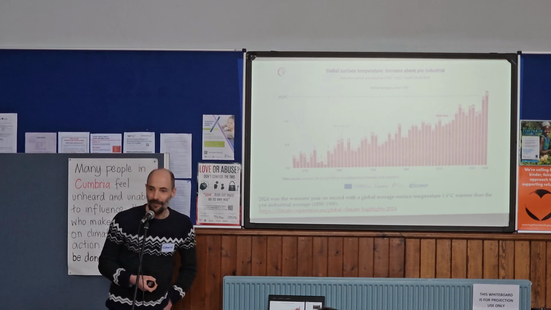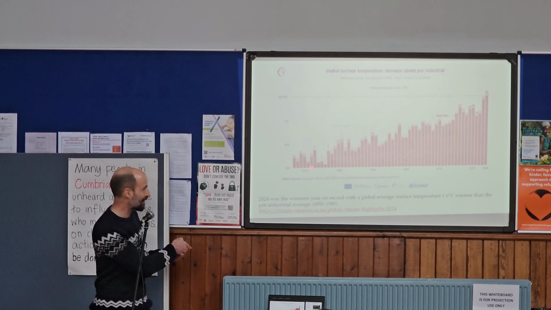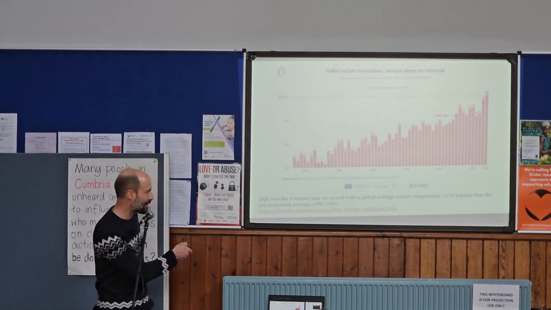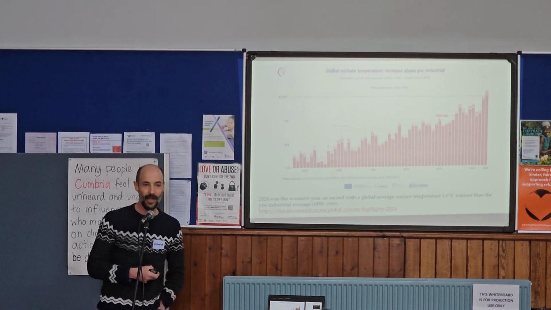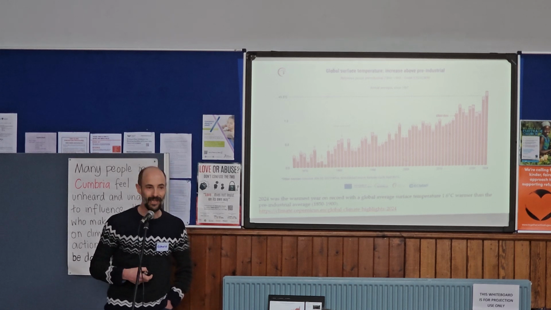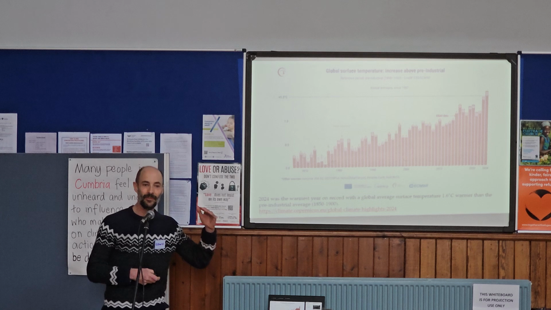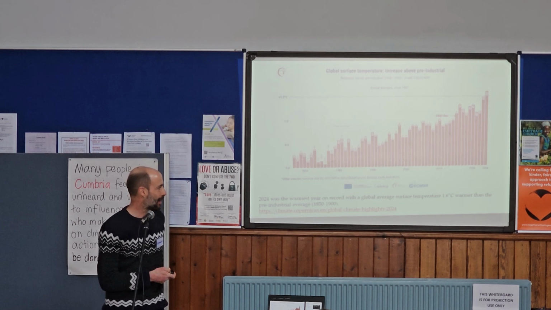So if we come even more towards the modern day, and we just look at the last 50 years or so, we can see there's been a progressive increase in temperatures. Again, this is expressed against this pre-industrial average, to the extent that last year was the first year that was over 1.5 degrees C higher than this pre-industrial average. And the significance of that 1.5 degrees C is something I'll come back to at the very end.